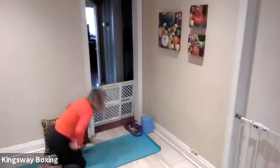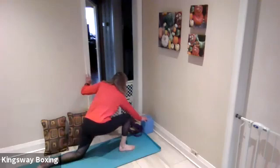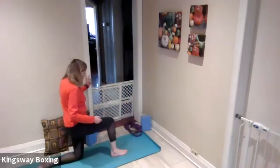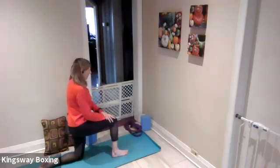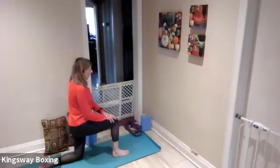Now let's come up. Let's bring our right leg forward. Again, we can have blocks here beside us if we would like. We don't need them, but if we want them, that's great. And we can stay in this kneeling plank, or we can lift up into a kneeling lunge. We can stay in the kneeling lunge, or we can lift up into a full lunge if we want to work on strength. And we're just going to hold again and just relax into this kneeling lunge or full lunge